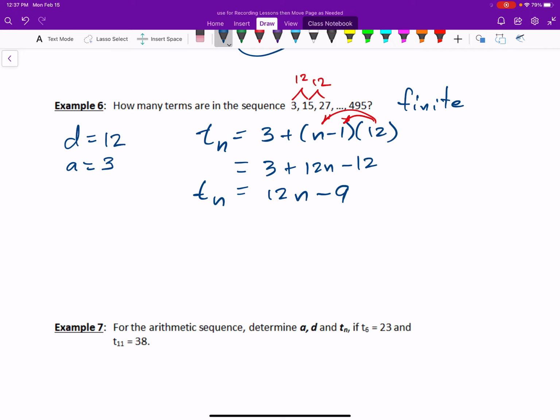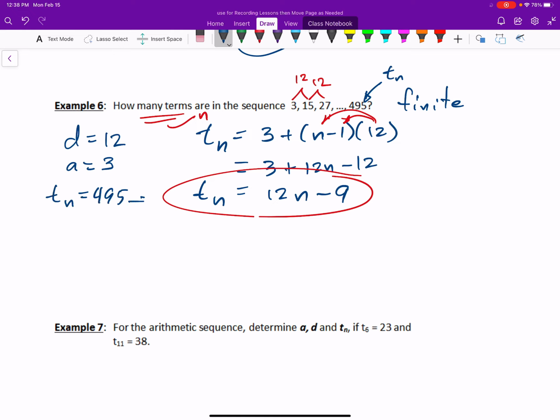If I want to find how many terms there are, that's going to equal n, right? There's n terms. I just don't know what n is. I have to solve it for n. But the good news is that I've got a formula now that I can use to solve it for n, because I also know that however many terms there are, this 495 is the nth term. So in other words, T sub n equals 495. And I can plug that into this equation, replace T sub n with 495, and solve it for n now